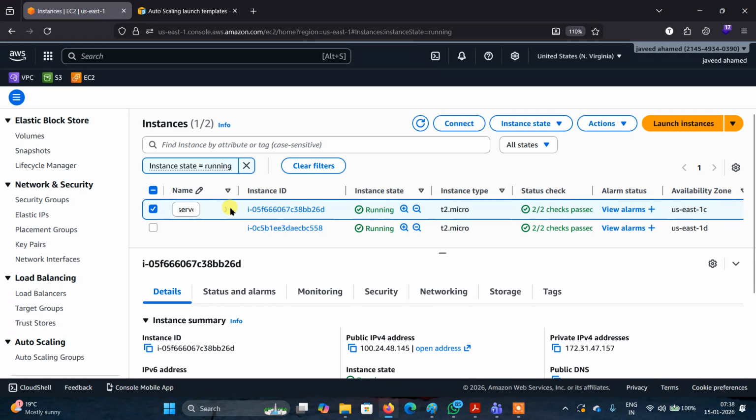So what does auto scaling do? There are three things auto scaling does. The first thing is it provides fault tolerance. That means if any server has a health issue, it will terminate it and replace it with a new one. Another thing is that, according to demand, it will add more instances. And the third thing is cost effectiveness. Whenever there is no demand, it will automatically adjust the capacity and reduce the EC2 instances.